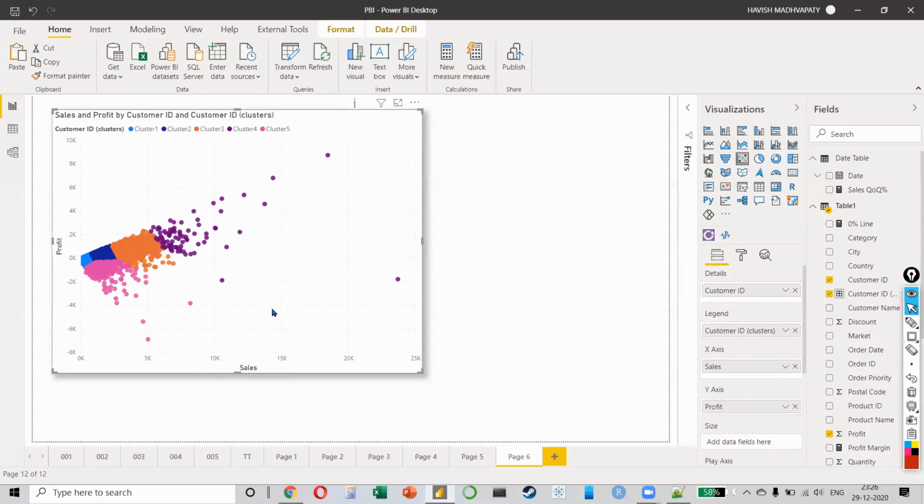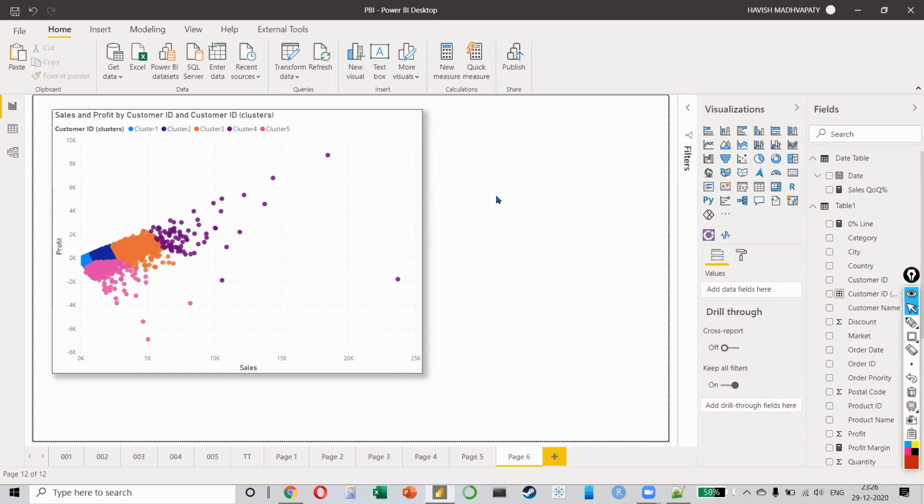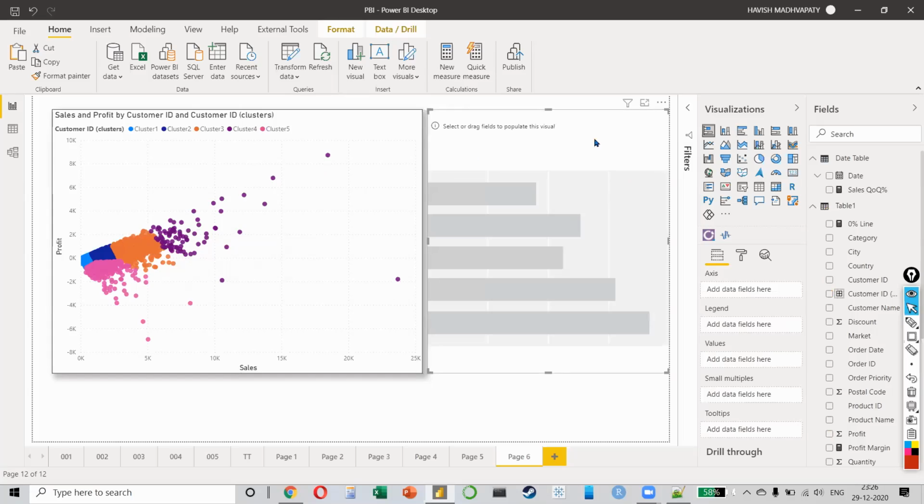Okay, then let me ask you in a different way. What is the difference between the orange cluster and this magenta cluster? See, these are questions that your manager asks you, your client asks you. And the answer is not that easy, right? Because even though there are many more people in this cluster, the numbers here are very high. Look at this. Profit of 8,700. Here the profit is just 1,900, 800, right? So it's not clear what the difference is. So what do I do? I will create a bar chart, okay, next to this.